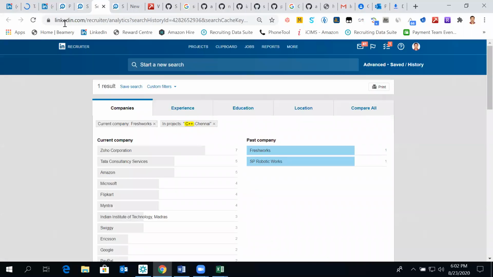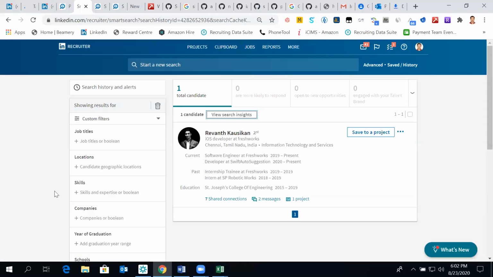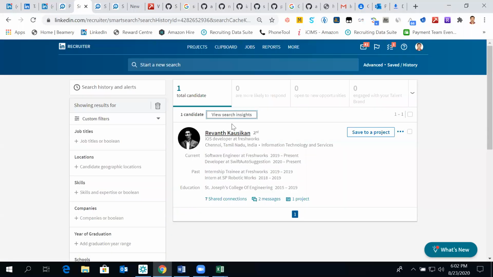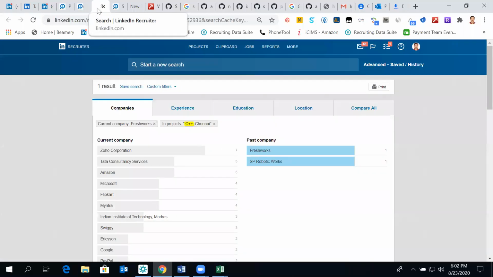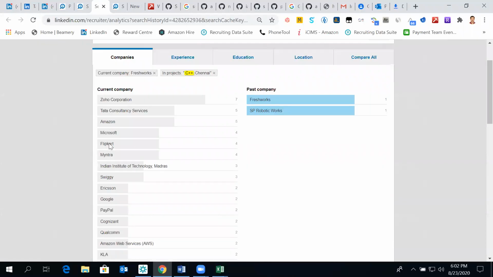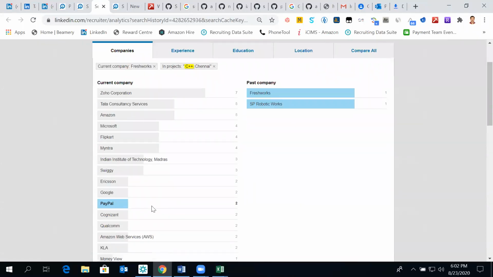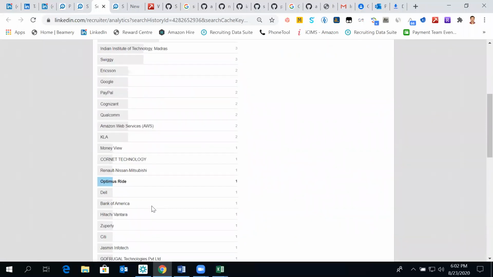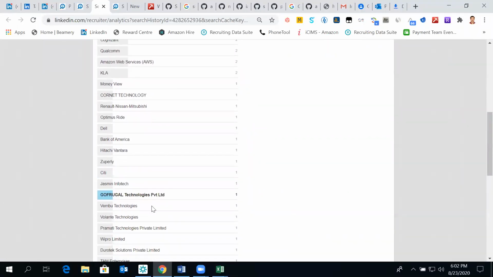Okay, coming back to this. Now we have tweaked a little. Earlier, it was only showing us the top 10 companies. After that, from advanced search, we have gone and given Freshworks as one of the companies where one of the candidates is working. So the result is only one, but when we click on view search result, the reason why we have done it is because we want a list of all the other companies where these 200 people are working. Okay.